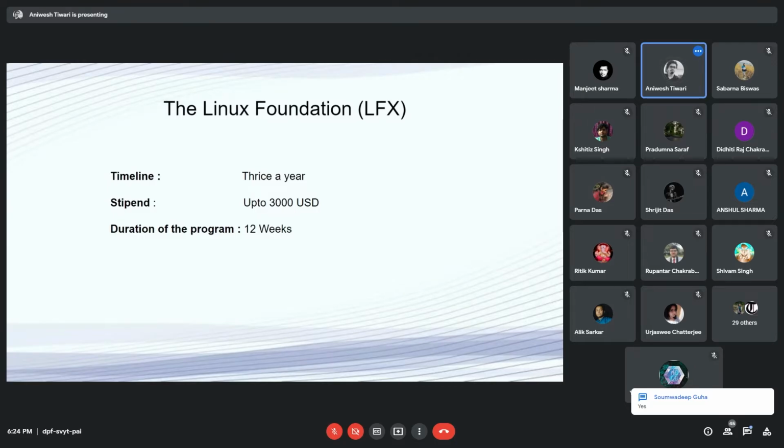Its stipend is up to 3,000 US dollars, and there are different Linux Foundation projects. What you have to do is contribute to those projects, and on the basis of that, they will select you for the LFX fellowship. The stipend is 3,000 US dollars, and the duration of the program is 12 weeks.